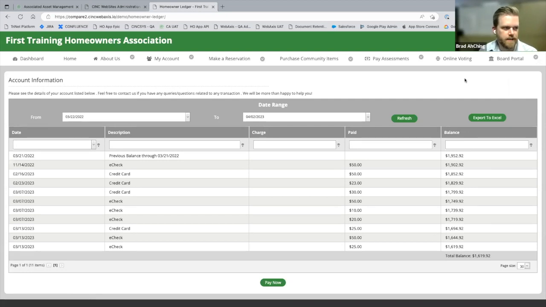Now let me dive right into our newest feature, which is miscellaneous items. This is a feature that we're pretty excited to announce because it allows the management company to set up any type of miscellaneous item within their community that a homeowner can go in and purchase. And just like reservation payments, those transactions are processed online, tracked in our CINC accounting system automatically, and all those